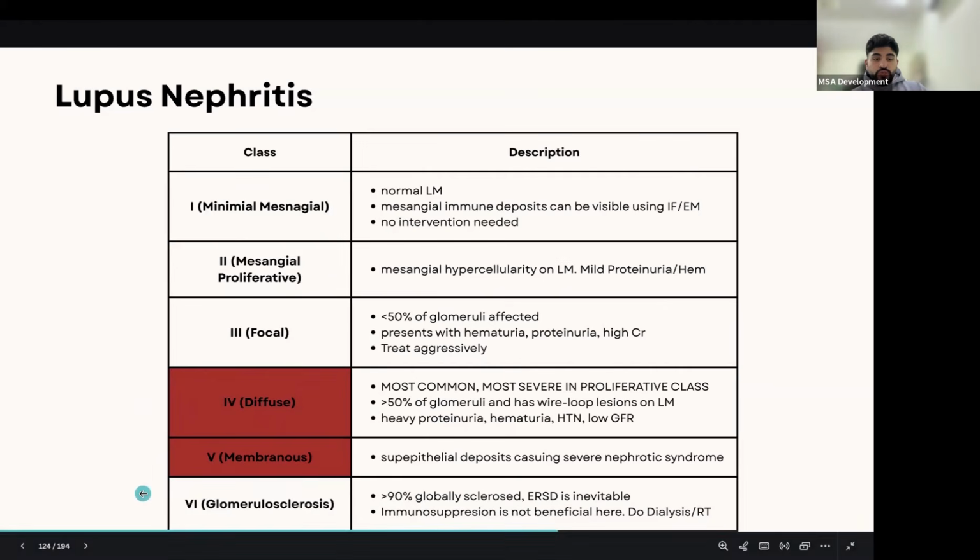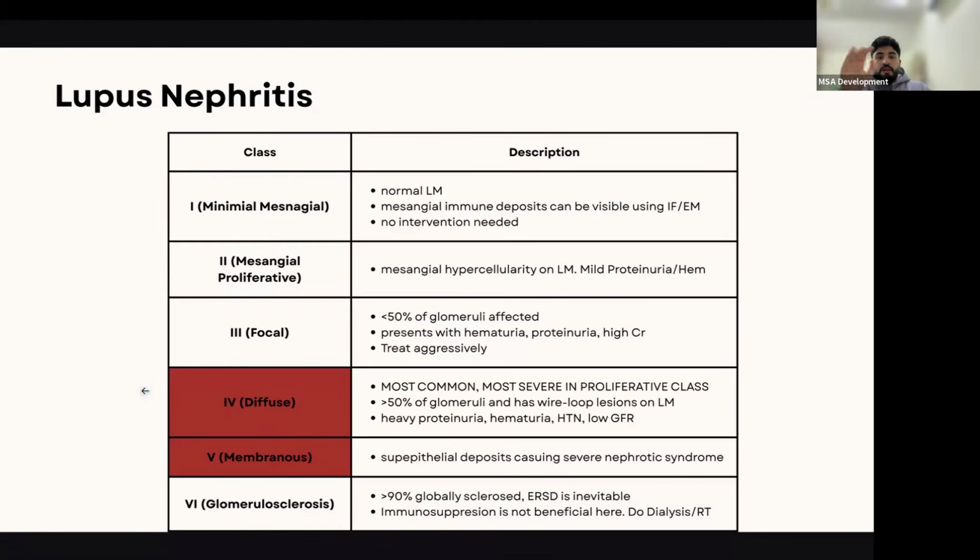The last stage is glomerulosclerosis. Now, the kidney is undergoing sclerosis. Here, the patient is going to have end-stage renal disease. Your best bet is doing dialysis and renal transplant. Giving them immunosuppression is not going to benefit. Okay? Honestly, I don't expect many questions from this one, but you need to be able to understand